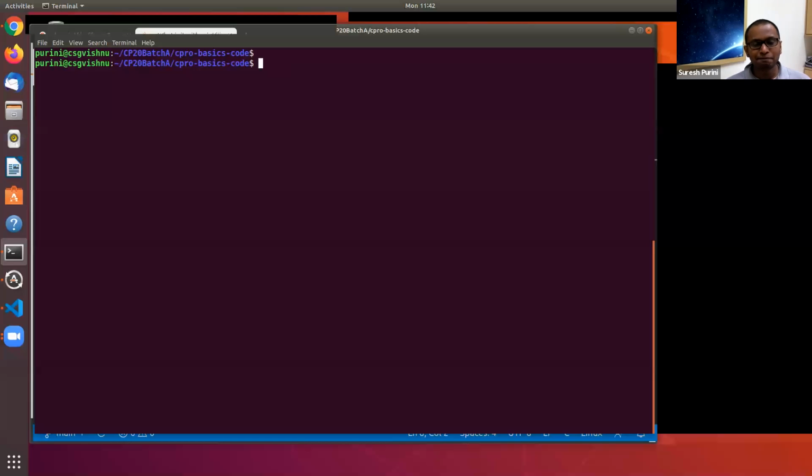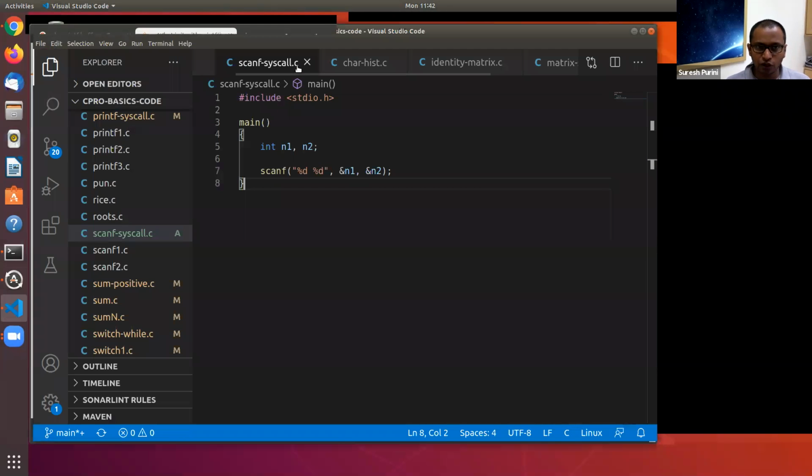What happens is, when you make a scanf call, the process goes into... this code is extremely simple, Rajesh. We're just reading 2 inputs, that's all.